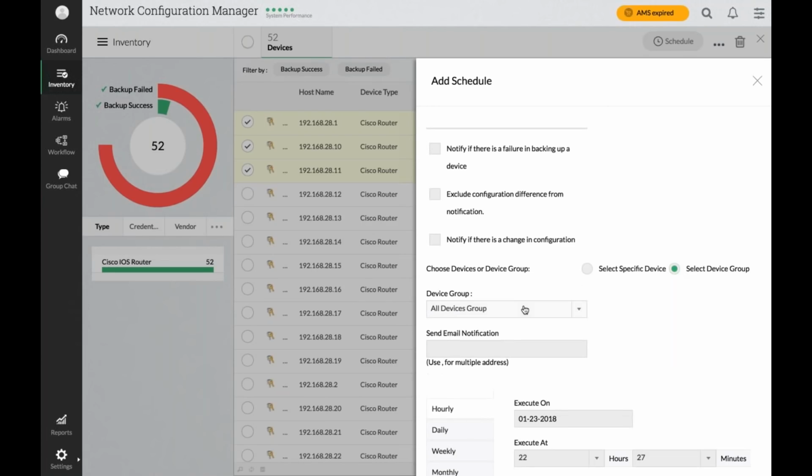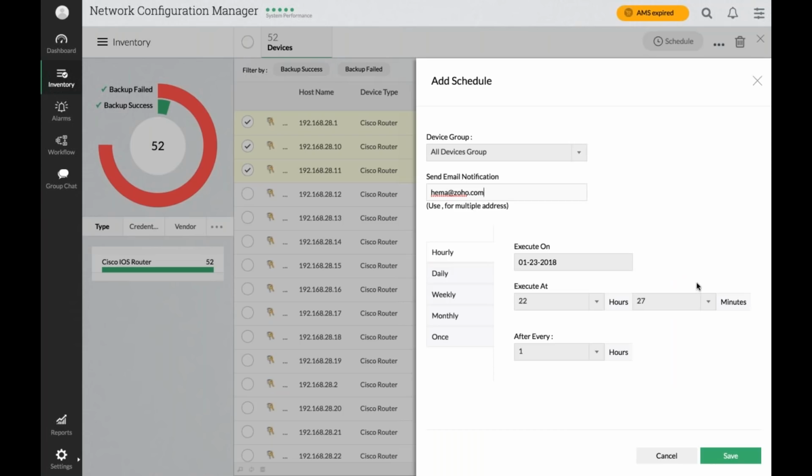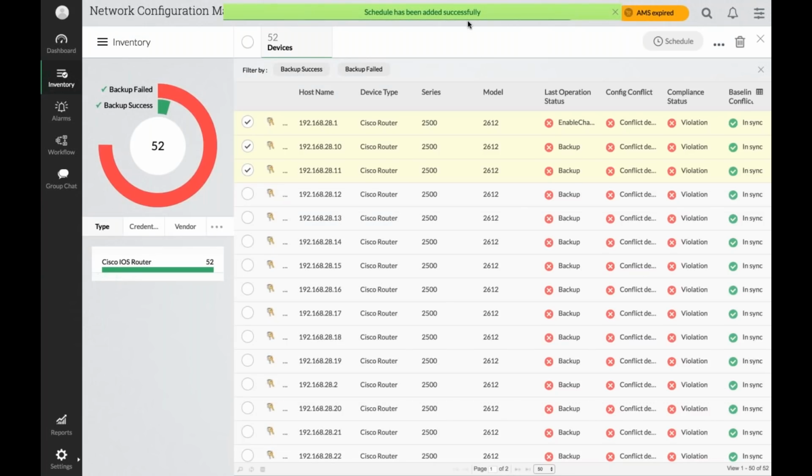You can also select particular device groups and here you can enter the email address to which you would like to receive notifications regarding this schedule. Here you can select the schedule to execute this schedule. Now the schedule has been added successfully.